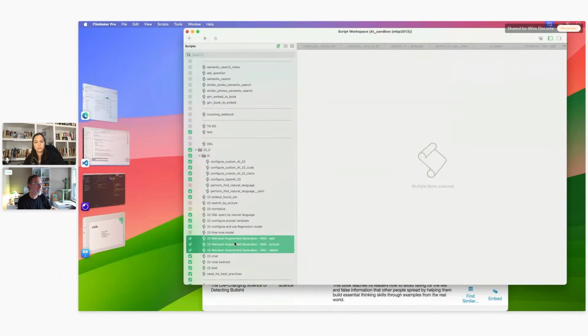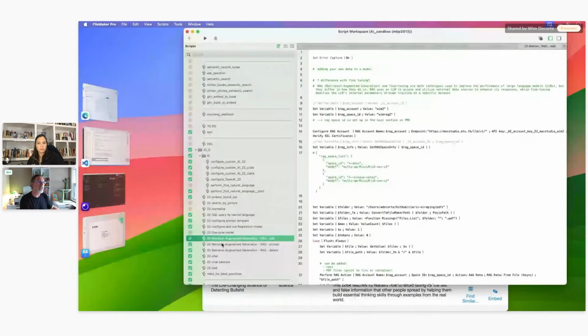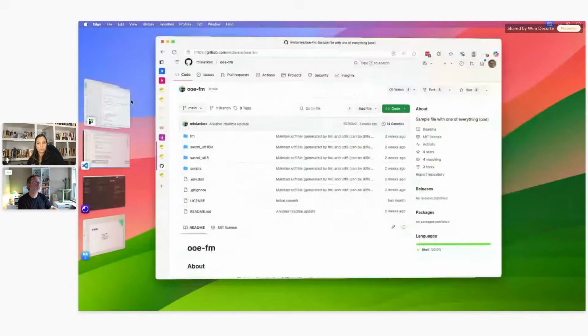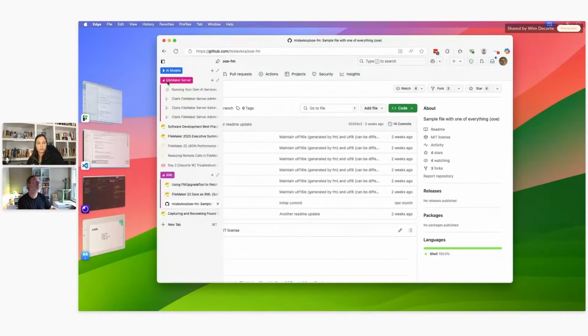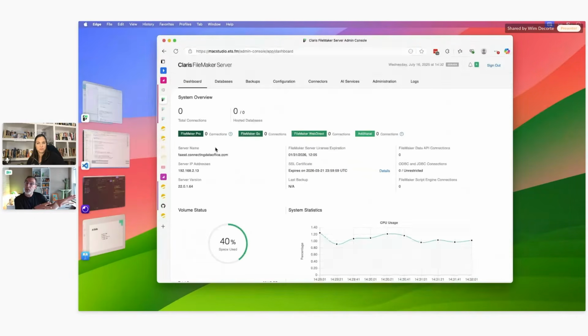So these are three script steps that I have that deal with RAG. Actually, I should probably start by showing an actual FileMaker server. This looks like a FileMaker server. It's not a FileMaker server. It's an AI model server, right? So again, remember the AI model server is just wrapped in the FileMaker installer and the admin console. As you can see, it has no files hosted whatsoever. I've actually disabled any connections from clients in case I accidentally host a file.